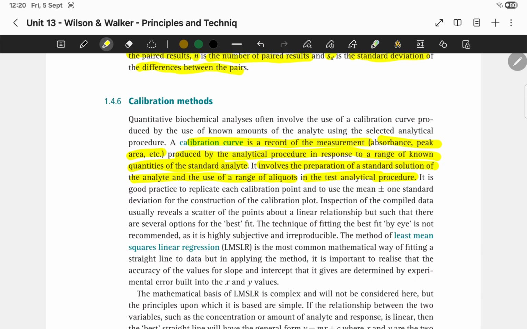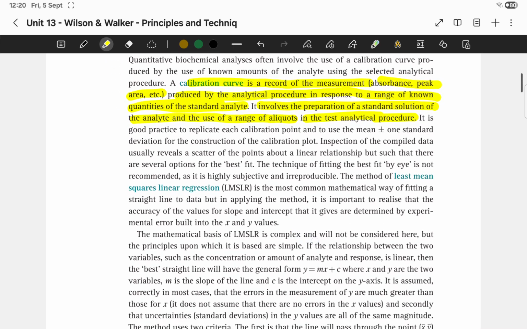It is good practice to replicate each calibration point and to use the mean plus or minus standard deviation in the construction of the curve. The compiled data usually reveals a scatter of the points about a linear relationship, such that there are several options for the best fit. Drawing the line of best fit by eye is not recommended, as it is highly subjective and irreproducible. The method of least mean